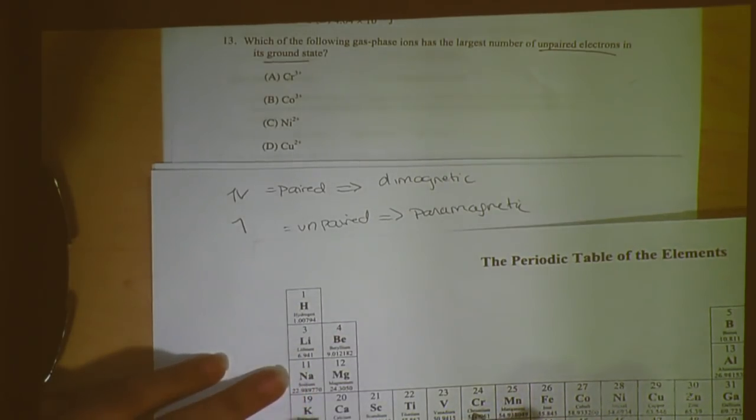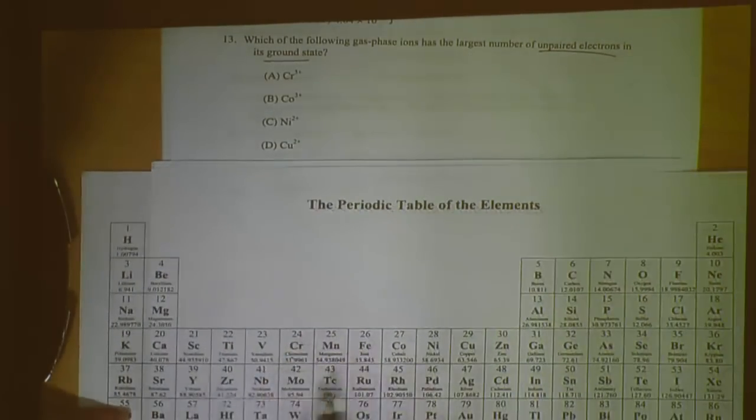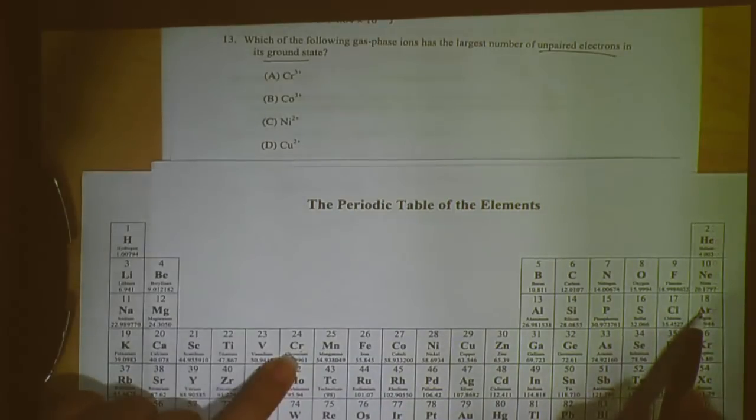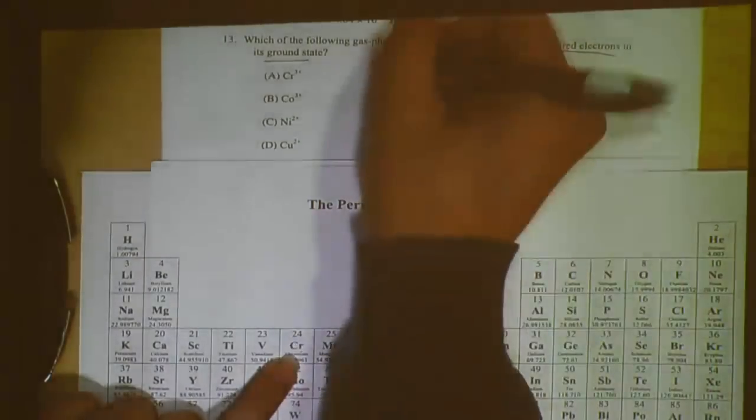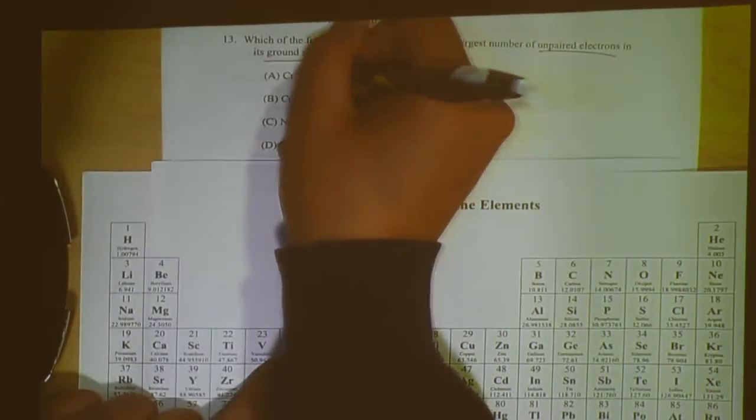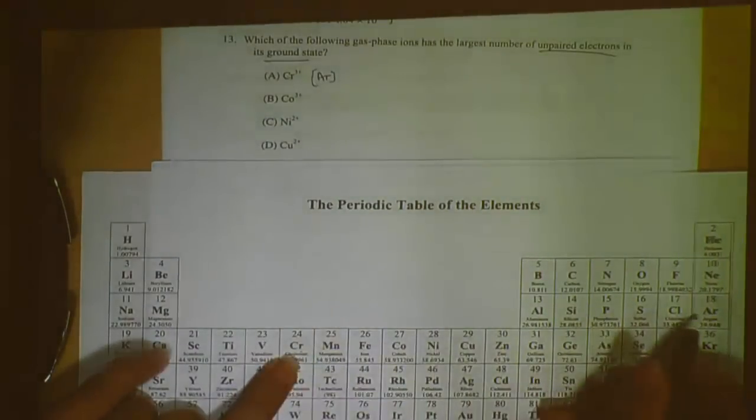I recommend just using the noble gas configuration because it saves you a lot of time. So go to the last noble gas for chromium. So chromium is right here. The last noble gas is argon. So you're going to say argon. And then argon is in the 3. So I have